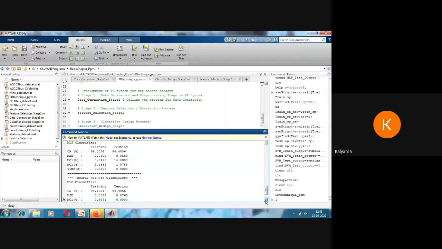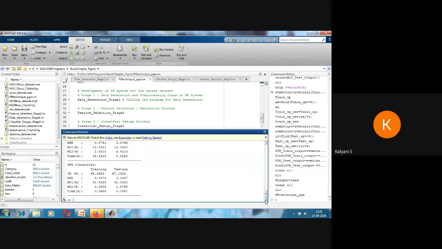So all the classifiers like neural network, MLP, learning vector quantization, somewhere or other I have actually commented out. So this is the full pattern recognition, or what we call a complete ML model. Is it clear? Any doubts? I have given you a detailed demo on the complete ML algorithms by taking a sample data set, and also how the complete model will work, comprising all the five steps.